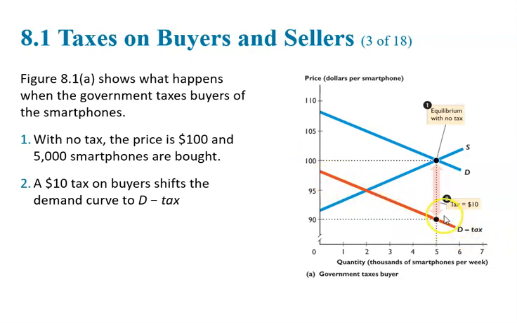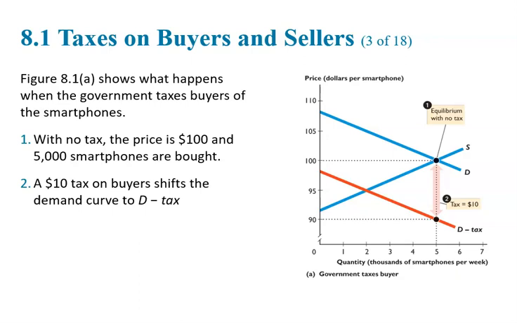Because if you think about this, since the consumers will be paying a $10 tax at every price of the smartphone, their actual willingness to pay to the supplier is now denoted by this D minus tax demand curve. Another way to intuitively look at this situation would be, just imagine that if the government imposes